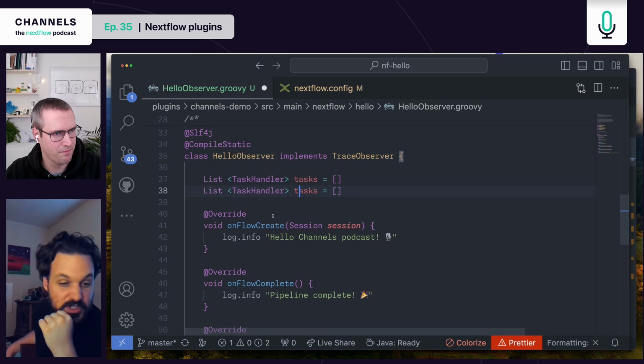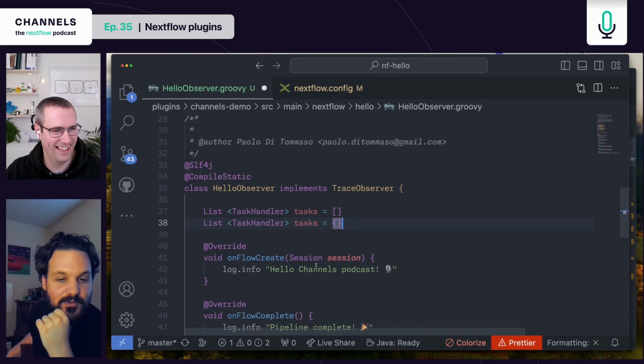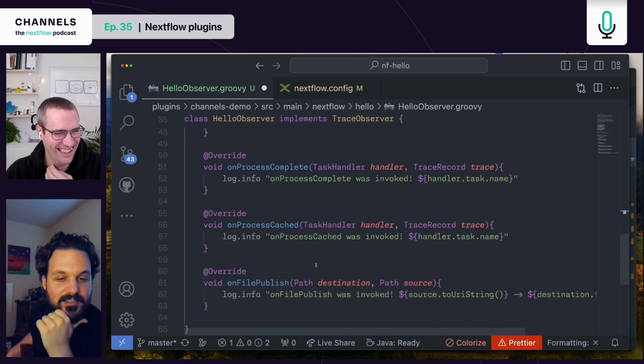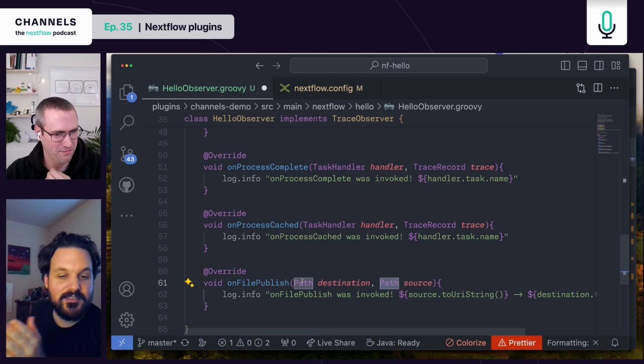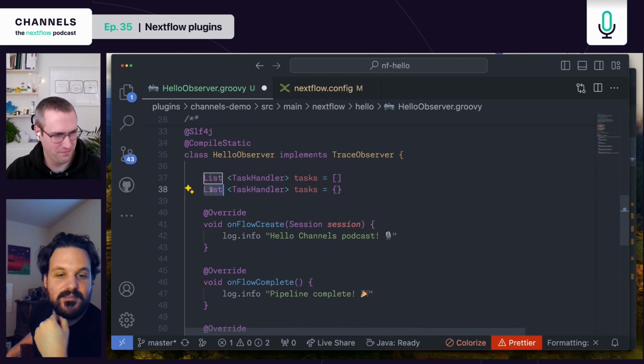Actually, since the publishing is mapping a source to a destination, let's get fancy and do a map. So instead of a list, it's a map. That's not how you do a map in Groovy, but we'll fix that in a moment. Let's start with a type, which is Path, right? So it's going to be a map from Path to Path. So if you go up top, take out the list and all that stuff, and just do Map, and then in that just do Path comma Path,